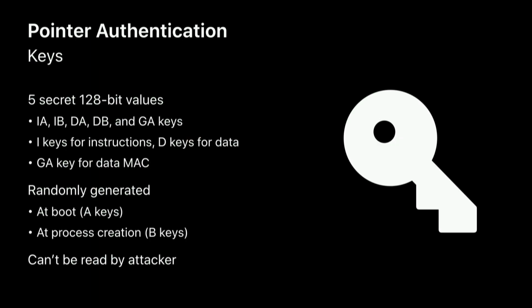We do this with five different keys: IA, IB, DA, DB, and GA. The way to the cheat sheet here is I keys are instruction keys, D keys are data keys, and then A keys are generated randomly at boot versus B keys, which are generated anew every time a process is created. The reason that A keys are generated once at boot and then reused across processes is because iOS, being a mobile environment that is memory constrained, takes a strong set of performance optimizations in the form of the DYLD shared